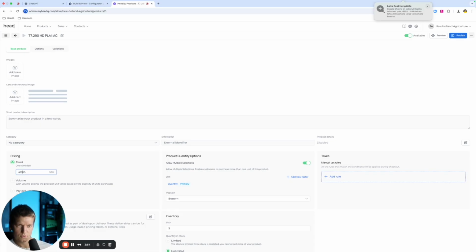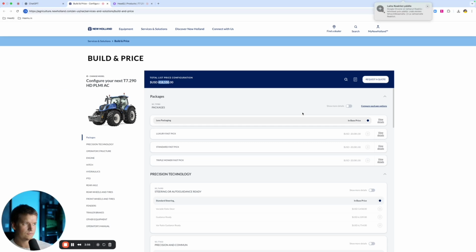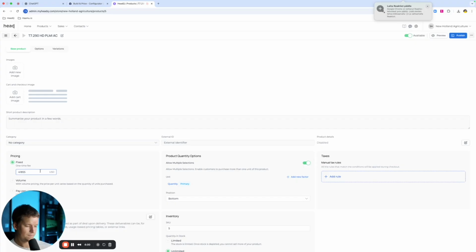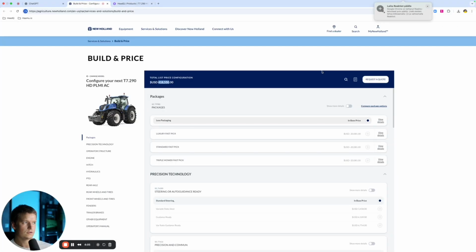Let's see, so 41855 and 0. Let's add that one. Good. And then for other stuff, I will be finding a picture online because this seems to be quite small